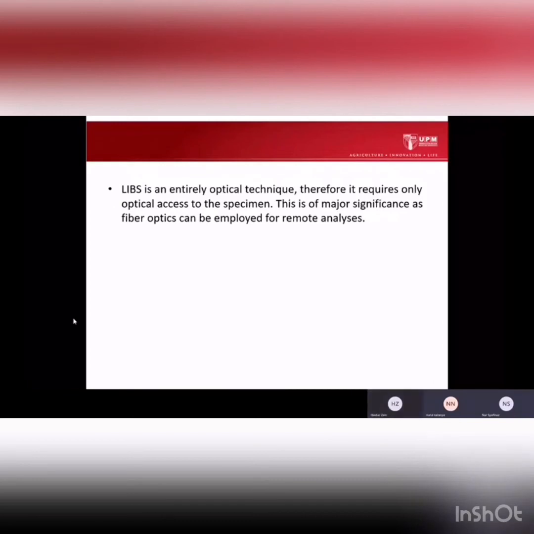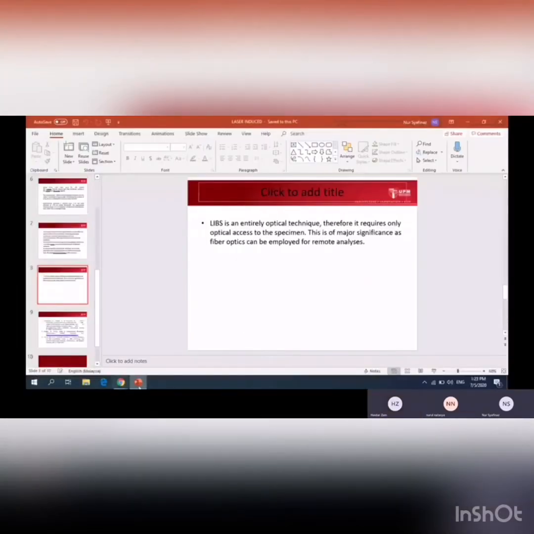Okay, I will pass to Haida. She will explain about the application of the LIBS system. Okay,